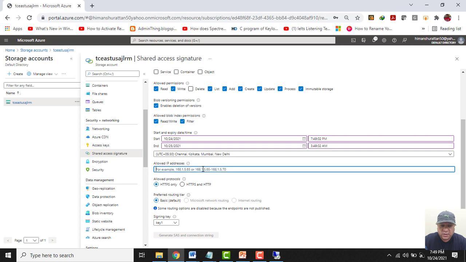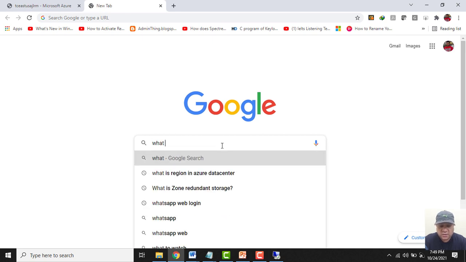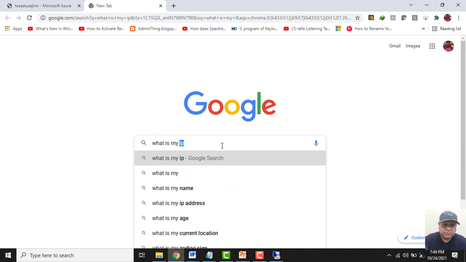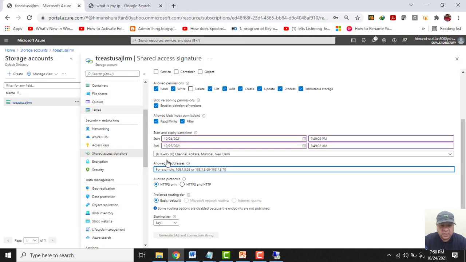Let me remove this delete option, and then I can mention over here through which IP address this container should be accessed. To know my IP address, let me open google.com and write, what is my IP? So this is my public IP, and if I copy and paste it over here, and select services, container, objects, I can perform all these operations except delete.